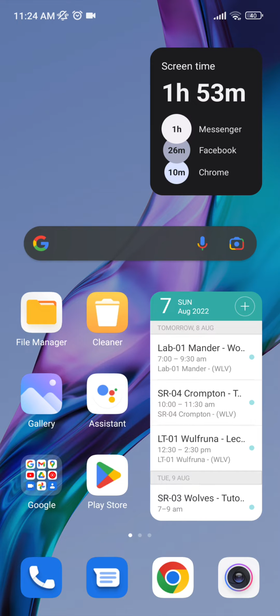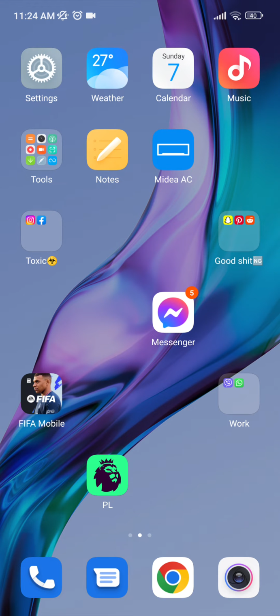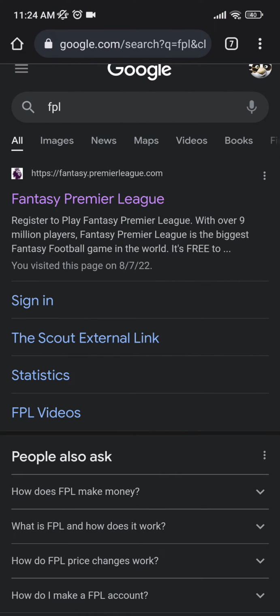So, at first, you gotta go to the FPL account. You cannot go to the Premier League and go to Fantasy because it does not work that way. You need to go to the browser. I'm using Chrome as of now, and you need to go to the